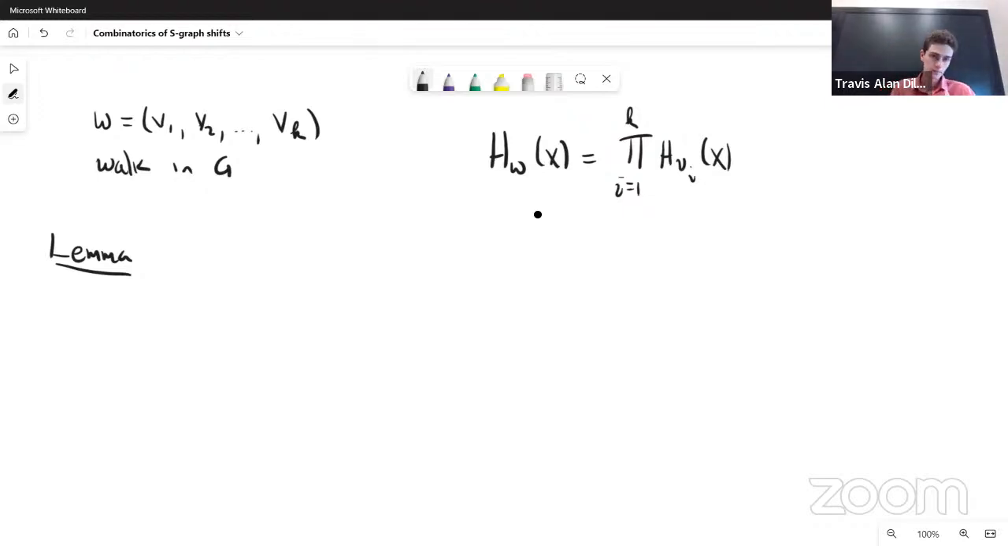So the first lemma that we'll use is that, let's say, if lambda is the radius of convergence for some power series,